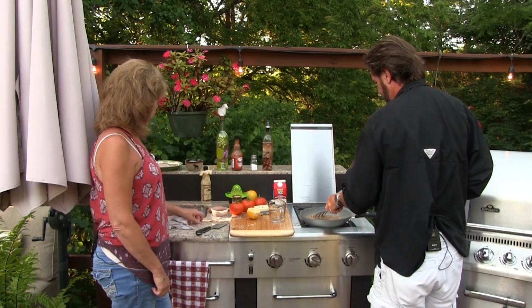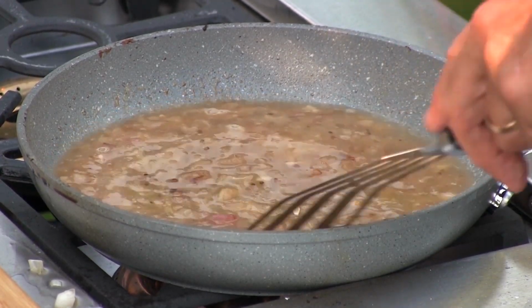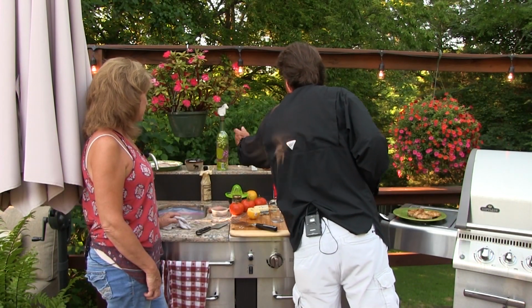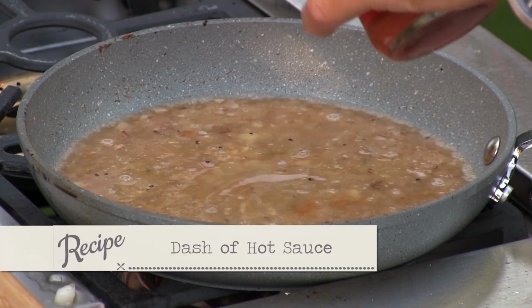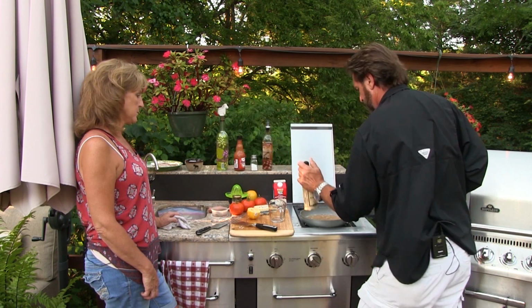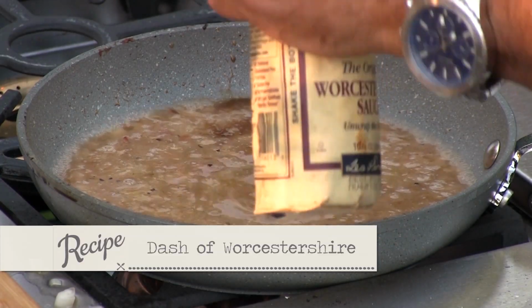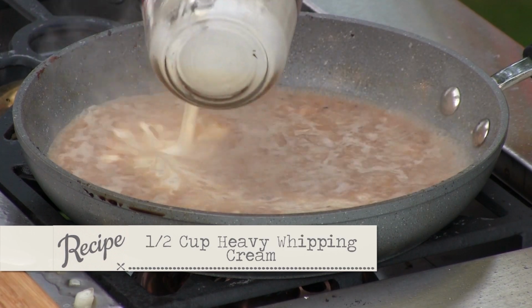Smells good. All right, so now we're gonna reduce this down. Now all those scrapies that were in the pan, we left them in there. Those are good. That's good stuff. Now we're gonna come back with just a tad of your favorite hot sauce. Boom, just a bit, so it does something. And some Worcestershire sauce, a tad of that. All right, after that has reduced just a hair, we're gonna put